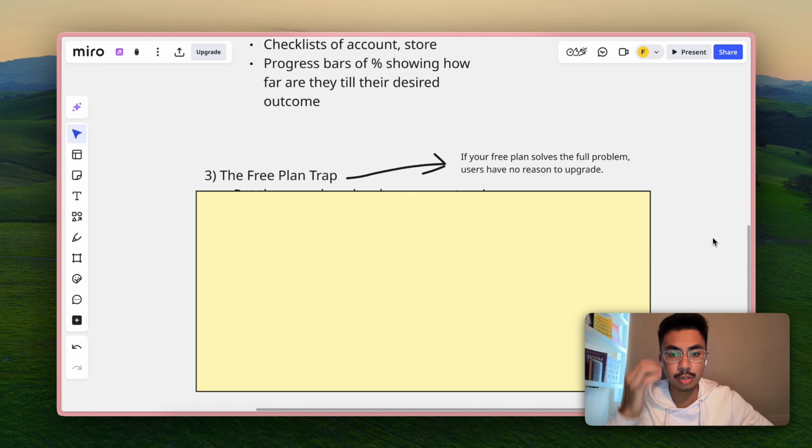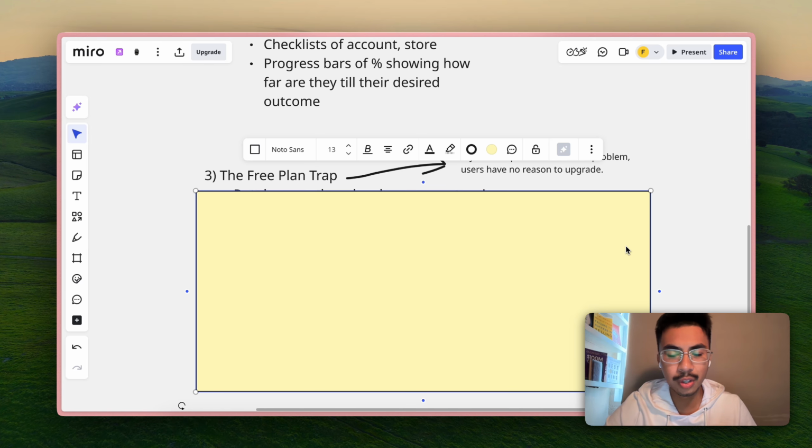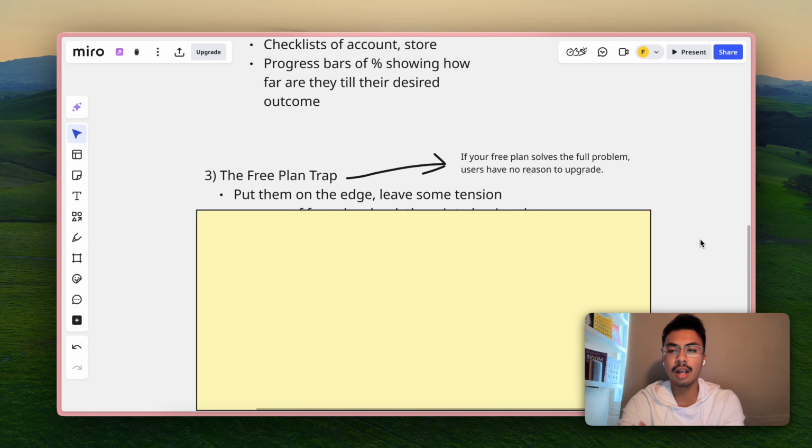So moving forward, the third mistake that kills your lifetime value is the free plan trap. Because I want you to look at it this way. If your free plan solves the whole entire problem that your product is solving, then users wouldn't have any reason to upgrade, let alone commit themselves to a whole 12 months full plan. So you've got to be careful with this, because I see a lot of founders making this mistake of thinking that the more free value you provide in your product, the more users are going to want to buy your pro or even your premium plan, which is not wrong, but there is a limit on this.